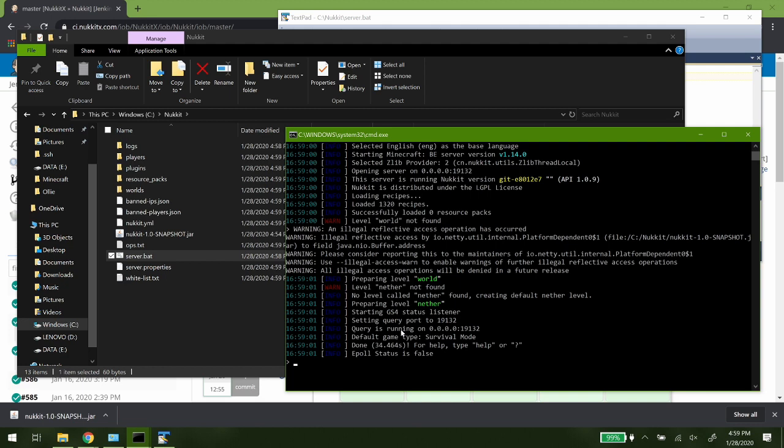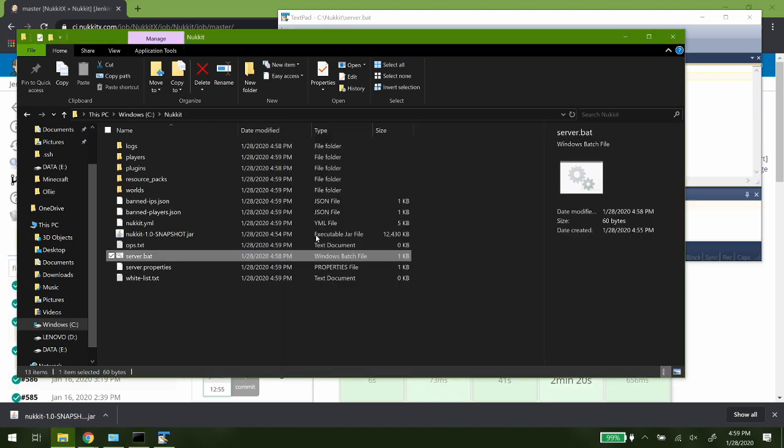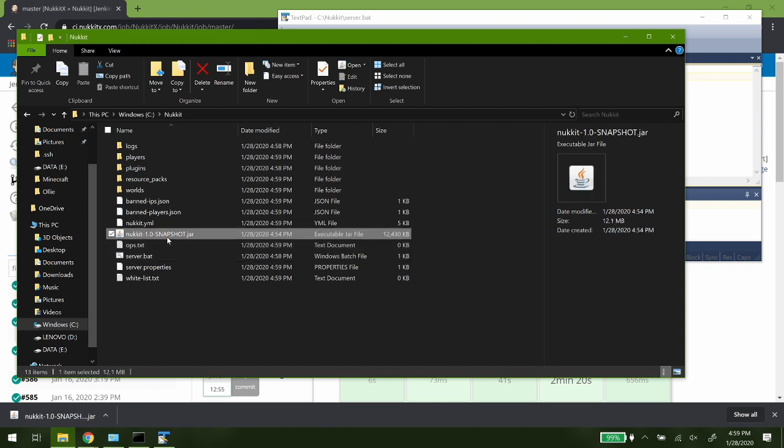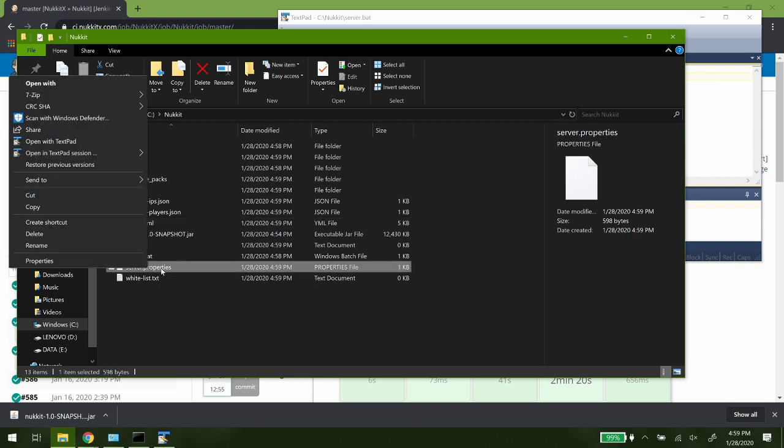And so there's a bunch of different settings that you can do after it's been launched. So if we stop the server with the command stop, you'll see this is the pause part. And then you'll see a bunch of other files were created. The nukkit.yml and the server.properties are where you can configure your server. So we're gonna